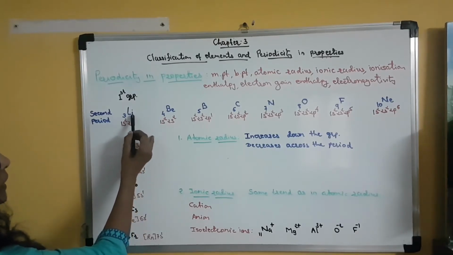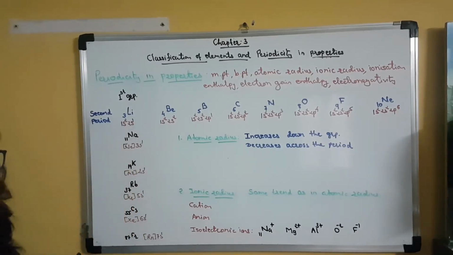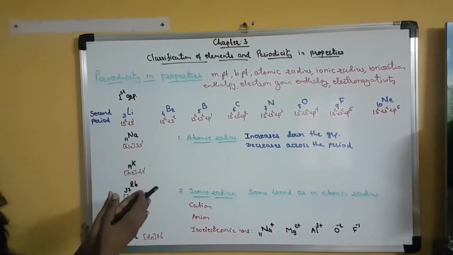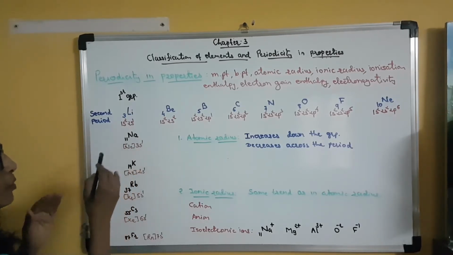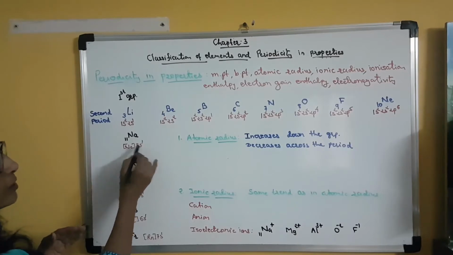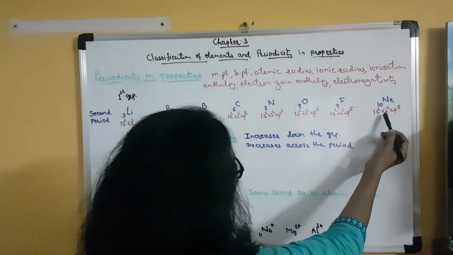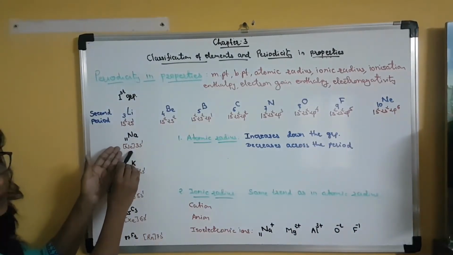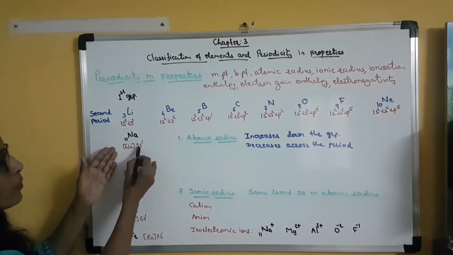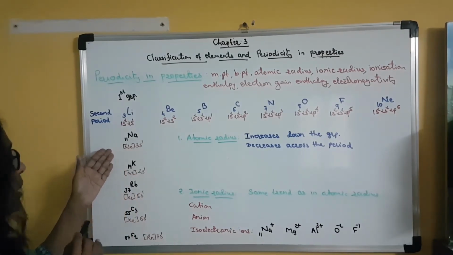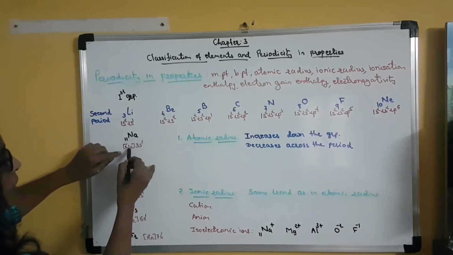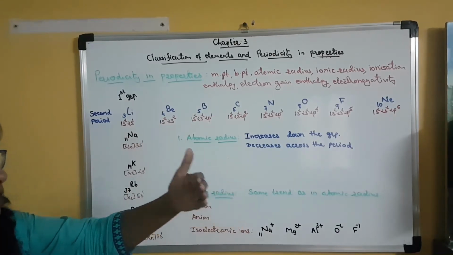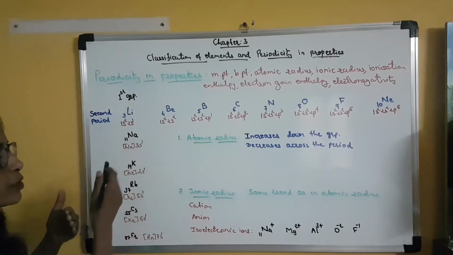Moreover, you can see here in lithium I have written 1s2, 2s1. Before the 2s orbital there is the 1s orbital present, in which there are 2 electrons. But if we talk about sodium, then the configuration is neon 3s1. Now what is neon? It is 1s2, 2s2, 2p6. So a total of 10 electrons are there in the inner orbitals, and there is only 1 electron in the valence orbital. Clear? It means that in sodium, there are 10 electrons present between the nucleus of sodium and the last electron which is present in the 3s orbital.